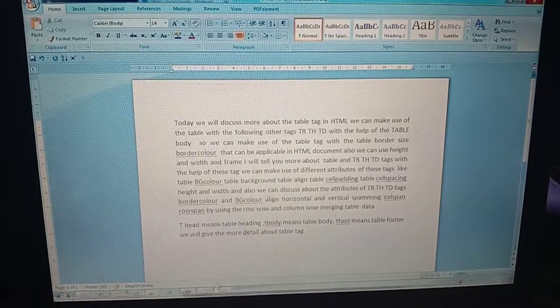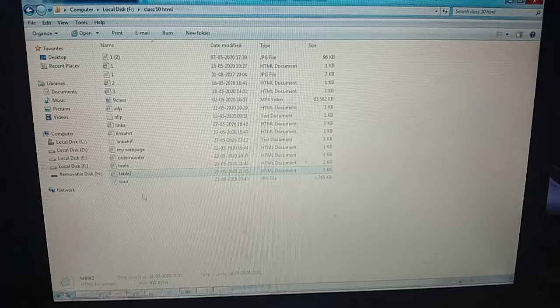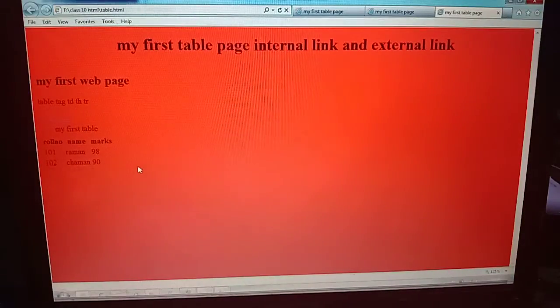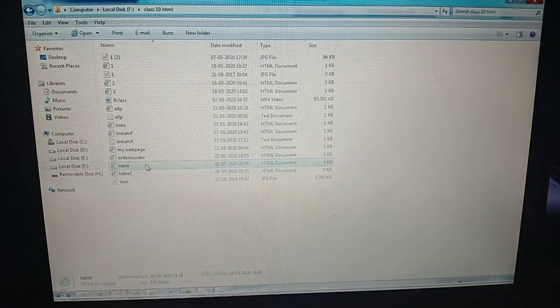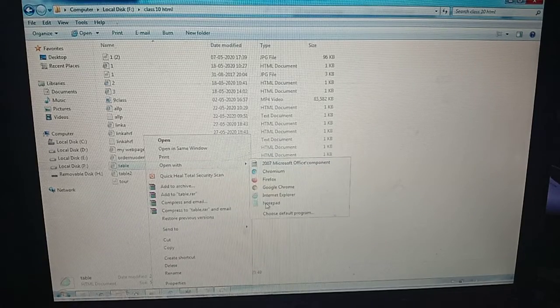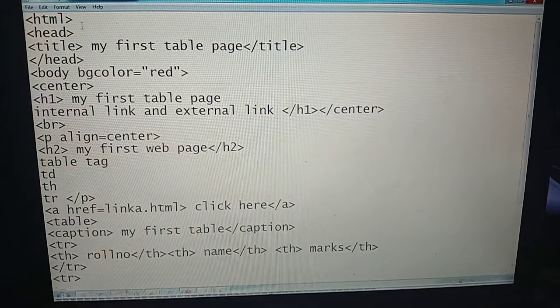We have some examples here. We'll go to the last topic, the table concept. Like this table format we want to create, then how we can use this command. First of all, we should open Notepad and we will type the command in a particular manner.